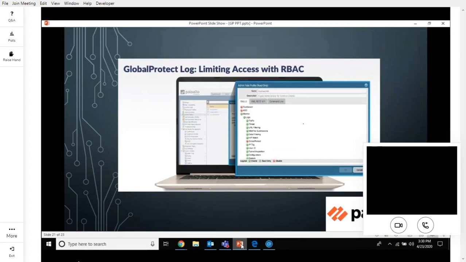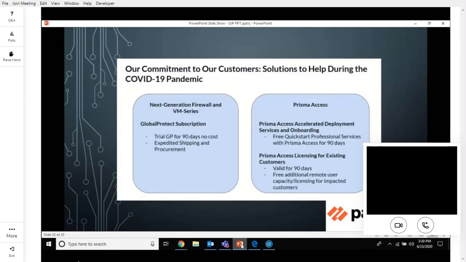So now, considering the current situation, Palo Alto Networks is helping their customers and partners by giving out free services and licenses. So when it comes to next generation firewall,